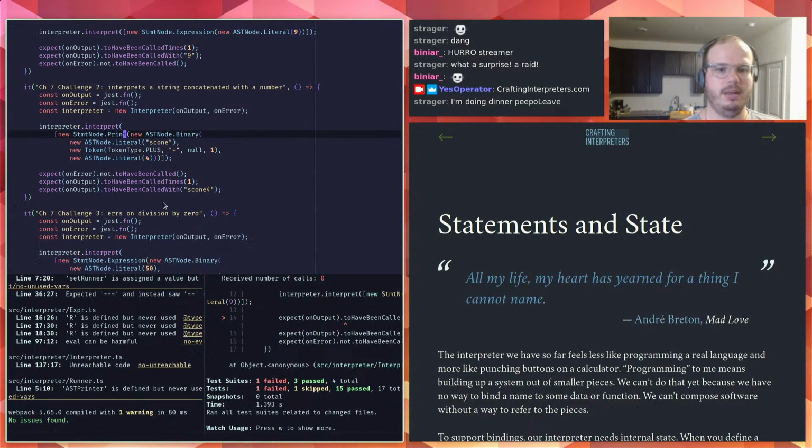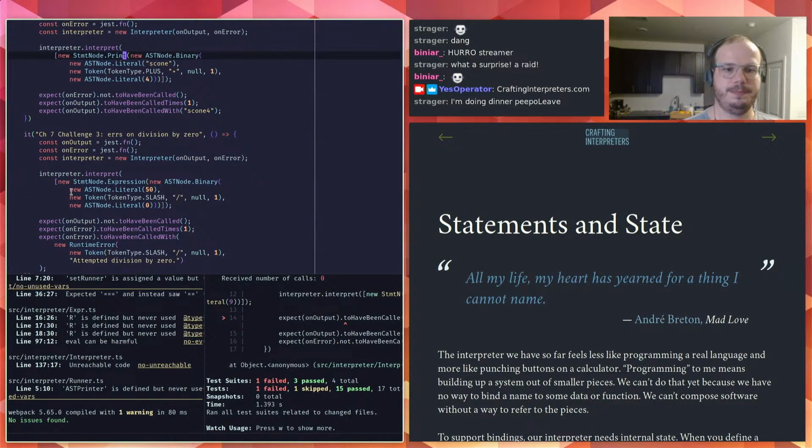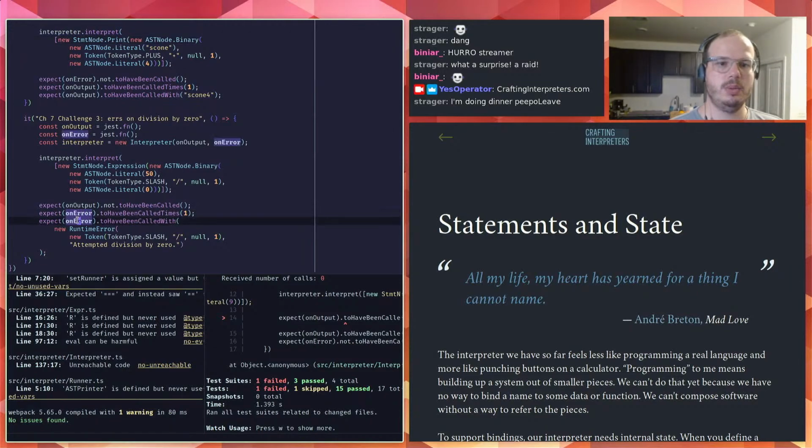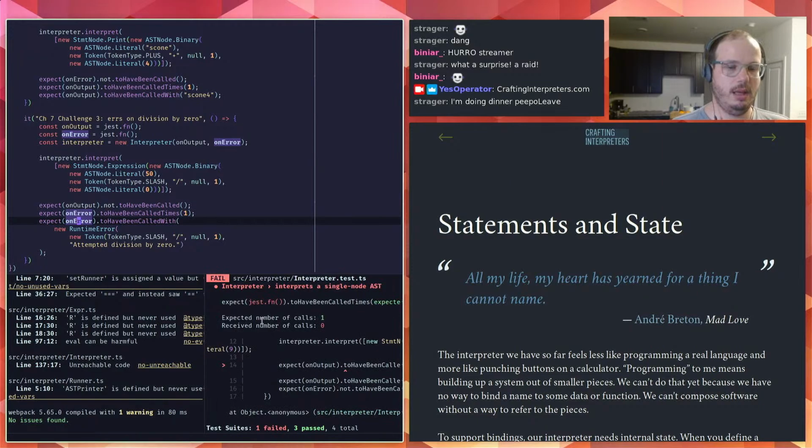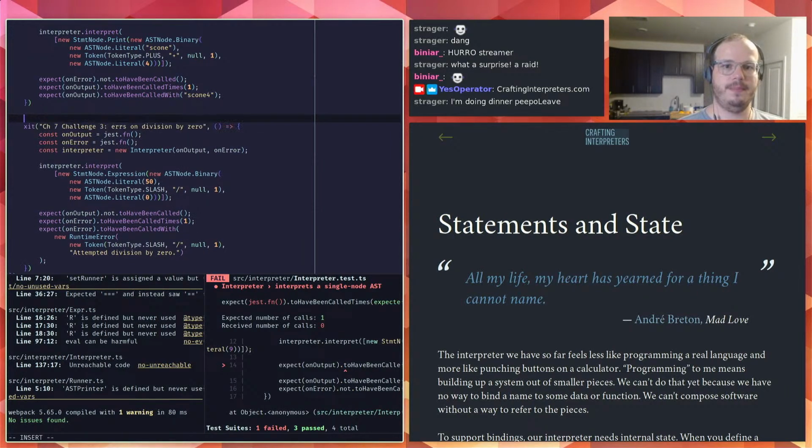Hey, one failed. Okay, one more to go. And this one throws an error, so we might be SOL here until we add back in that error handling. So let's count it as SOL.